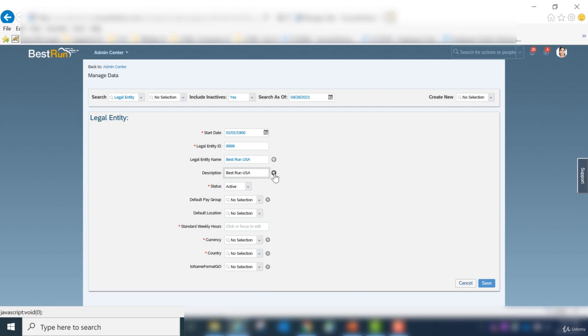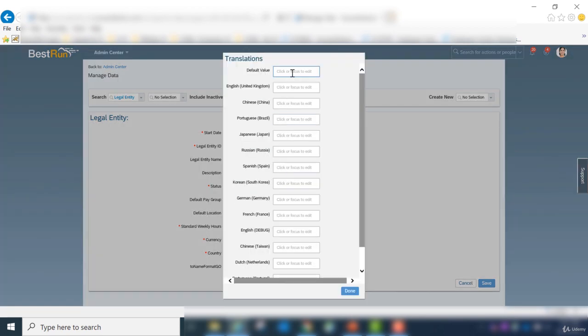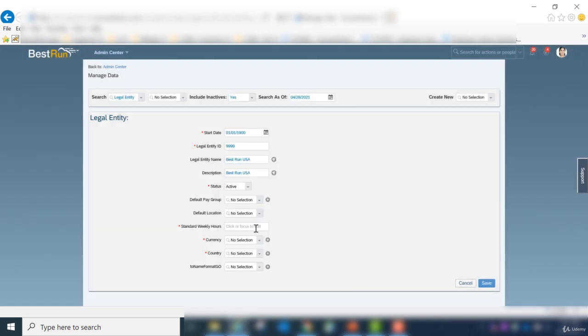Same, I want to maintain it English UK as well, and default value. Status as active. I don't want to maintain any default group. Default location, standard weekly hours. Since these asterisks are there, these are all mandatory fields which you need to maintain on the legal entity. So I will say standard weekly hours as 40, currency as USD,